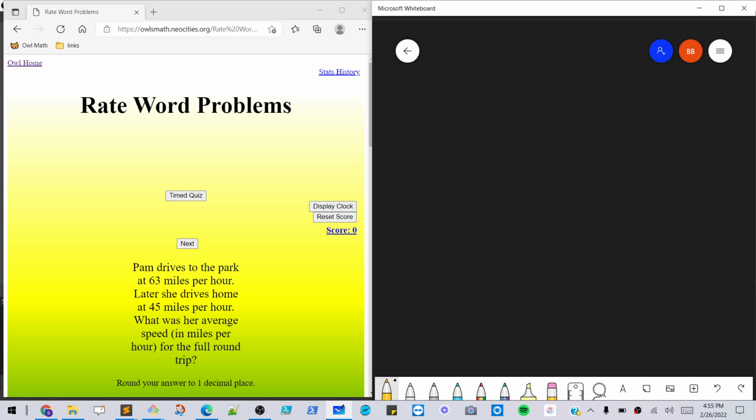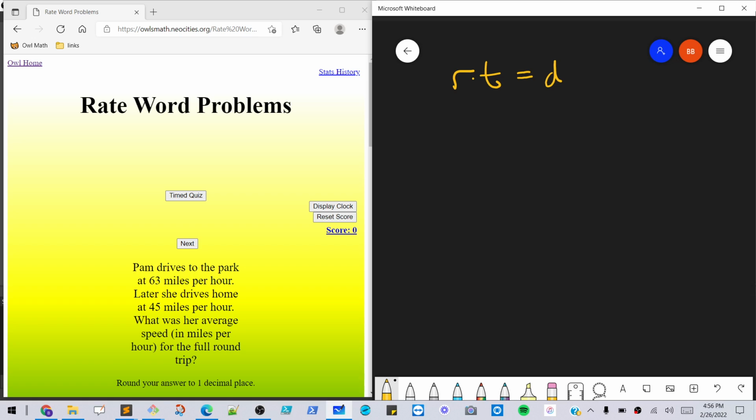Okay, so when I do these problems, I always start with the formula, which is going to be R times T equals D. Rate times time equals distance. If you stick with that, you tend to get one way or the other to the answer. Now the interesting thing is there's not a lot of information. We have a rate, we have the